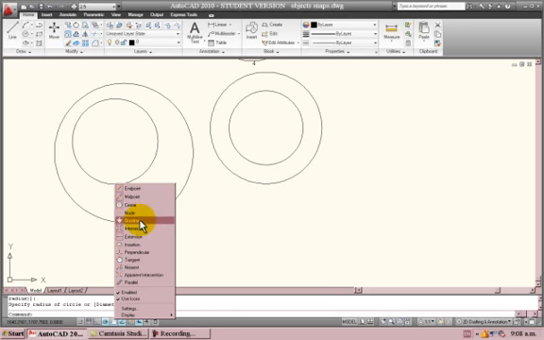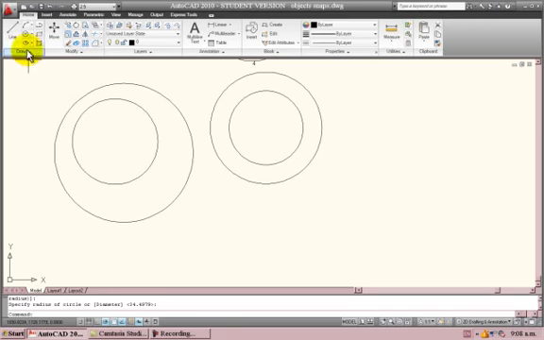So for instance, with the circle, we can go for the quadrant. So if I was to draw a line, you can see straight away that it will snap straight to the quadrant on any one of these circles. How useful is that? If I want to draw a line which will connect these two together, okay, so we'll go up, we'll select a line from there to there, skip that, another line from there to there,